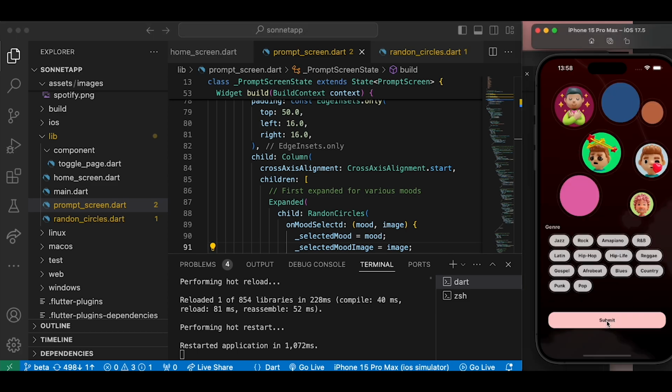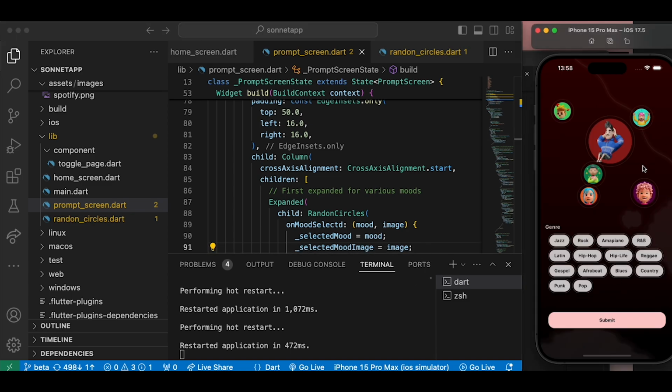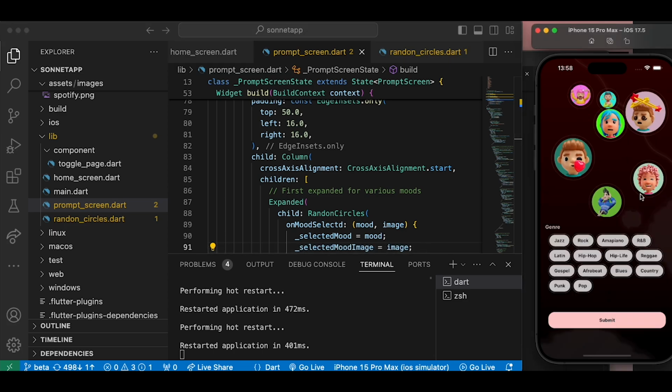Awesome, so we can see the circles with different sizes and different colors. Let's do a refresh as well. You can see that. All right. Let's do another refresh. You can see. All right. So anytime you come in here, there will be different positioning for them and different shapes for the various moods and all that. So you can see if I select,